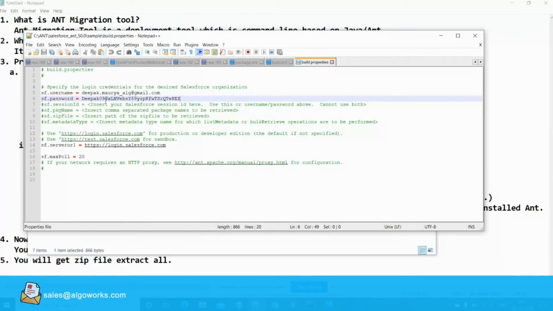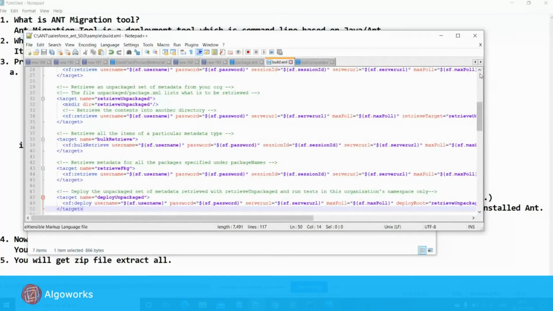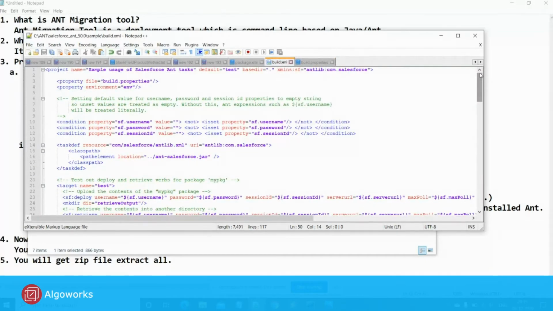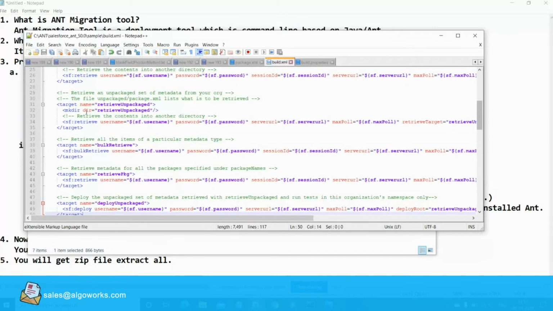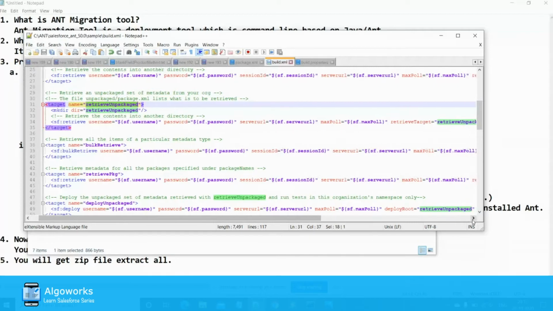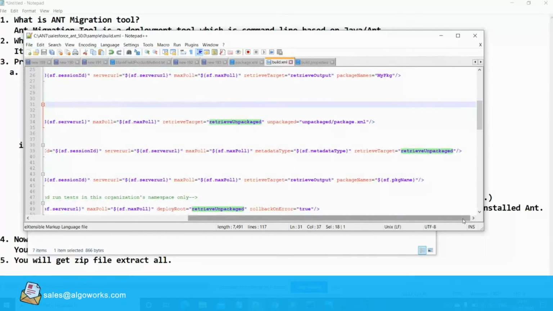Now after that open build.xml. In build.xml search for retrieveUnpackaged. You will see retrieveUnpackaged here. Now I have removed the session ID here. You can also remove the session ID from here. And after that see here unpackaged, we have unpackaged/package.xml.